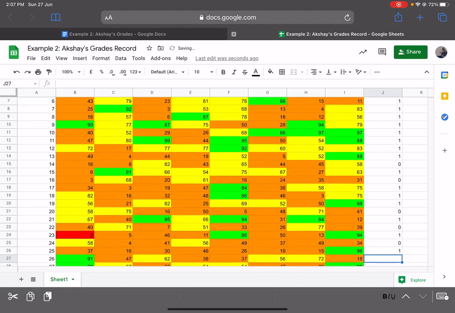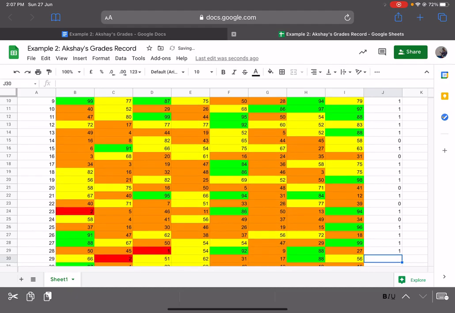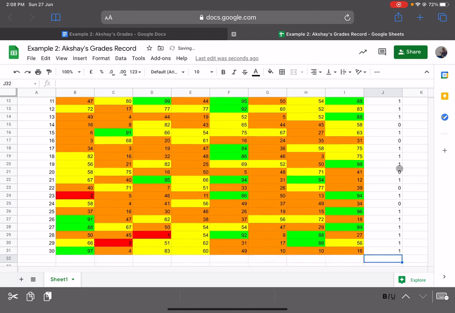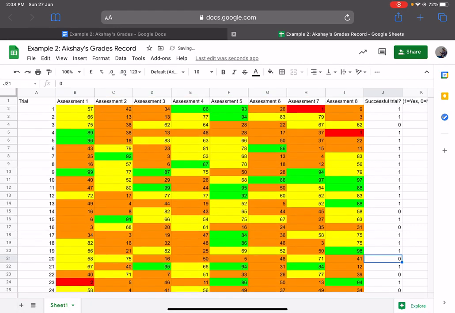1 green, successful. 1 green, successful. 2 greens, successful. 2 greens, successful. 1 green, successful. And 1 green, successful. Cool, so that's that done. Make sure that you check through these to make sure that they are correct from your rows first before you